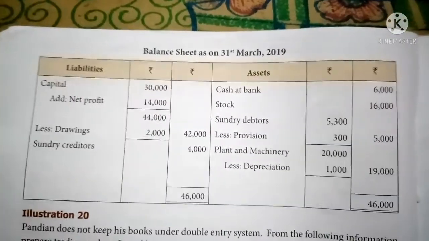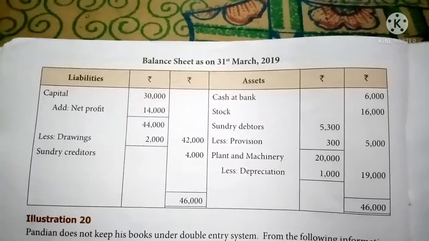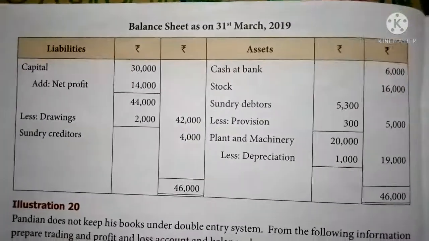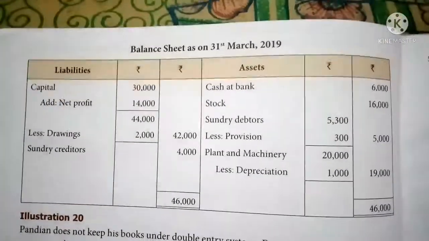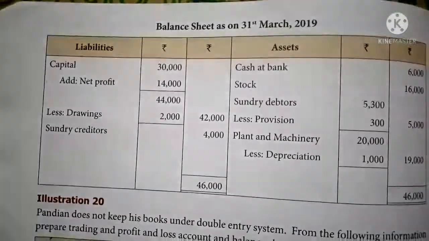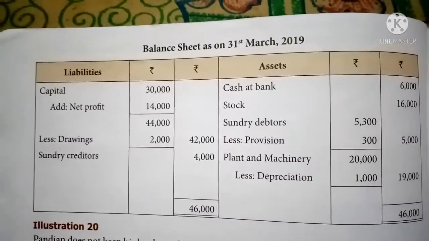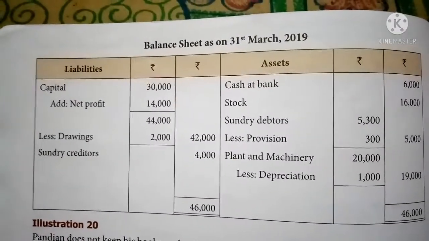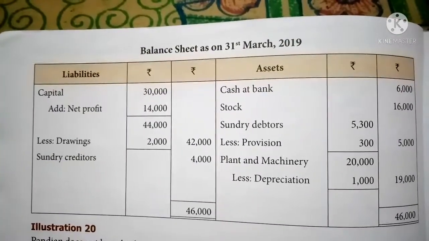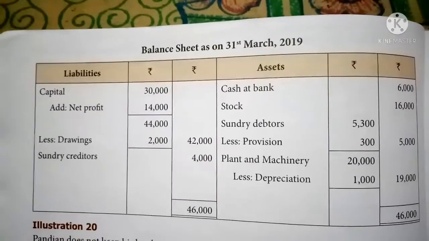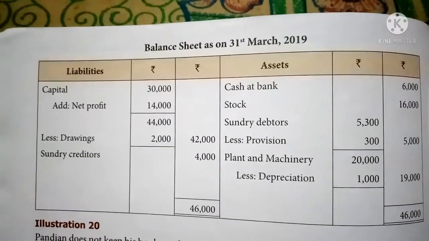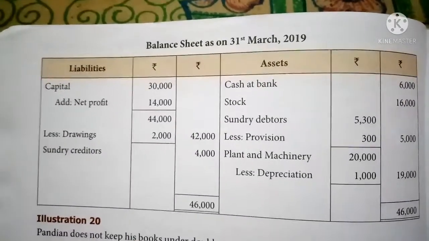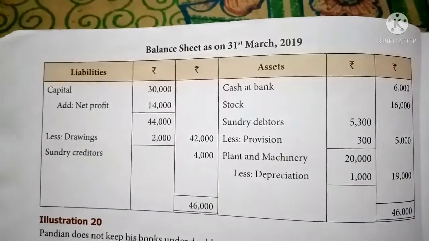So in this way you can prepare the 5 mark sums. So go through the sums clearly and you can understand the information given, and you can decide what accounts you have to prepare, then you can solve the problem. Okay, so you can work out this example 19, and those who have the textbook, in the exercise, sum number 19, I already sent the PDF to you for the textbook of accountancy. So in the first chapter in the exercise, the same method sum number 19 is given. You can work out that sum also, example 19 and sum number 19.